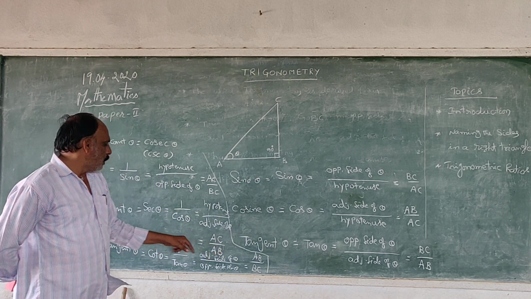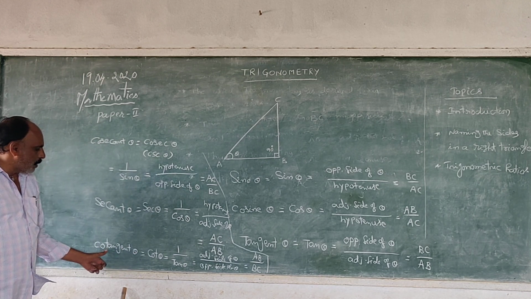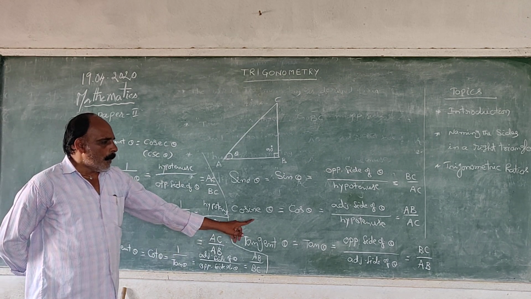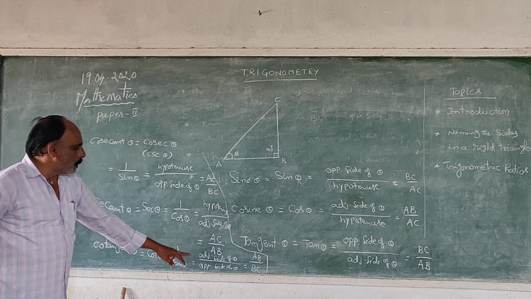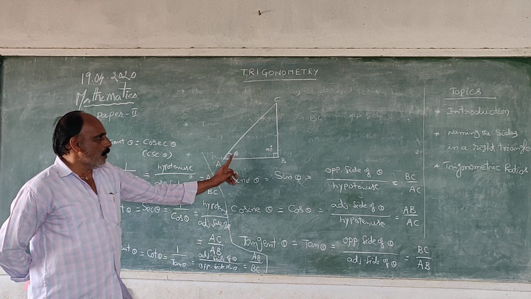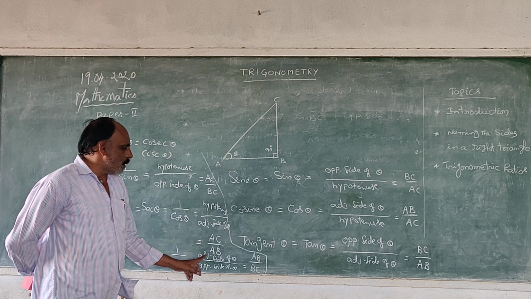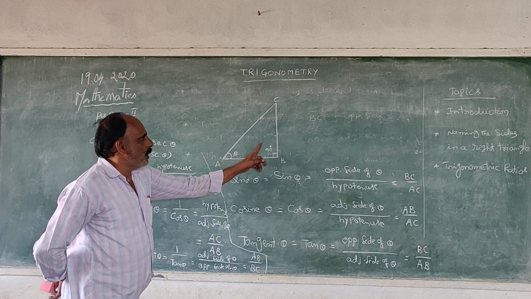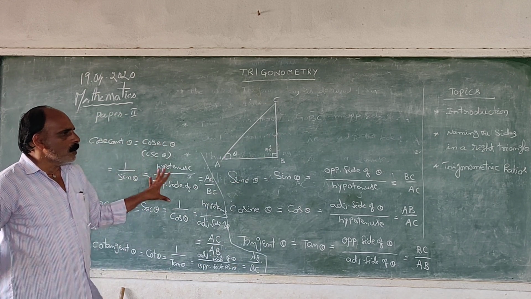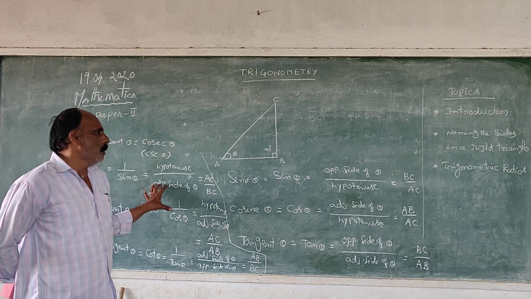And the last one, cotangent theta, is briefly written with the first 3 letters, cot. So cot theta is equal to the multiple inverse of tan theta. So 1 by tan theta, that is equal to adjacent side of theta by opposite side of theta. From the figure, adjacent side is AB, opposite side is BC. So it is written AB by BC. These are the most important trigonometric ratios in that chapter. And next